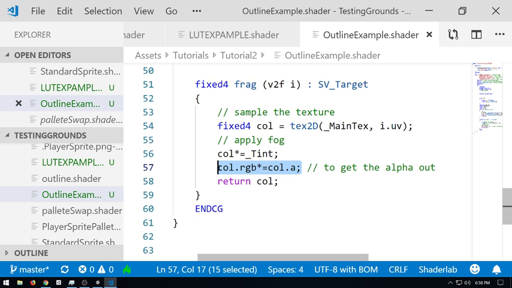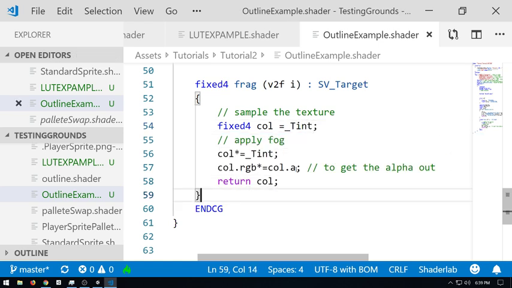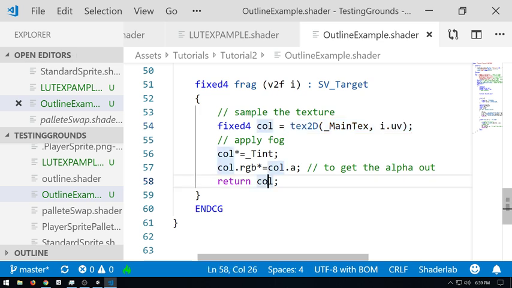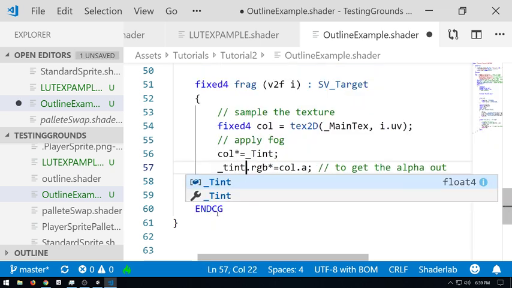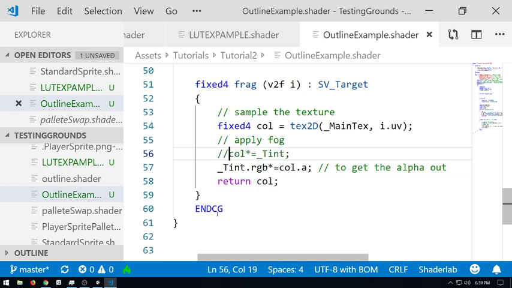Let's just set it to the tint. Like, let's just say color is equal to underscore tint, so I don't have to make a new variable. And then, actually we still need to do that. Hold on. Underscore tint.rgb is equal to underscore tint.rgb, because we need to still mask it.